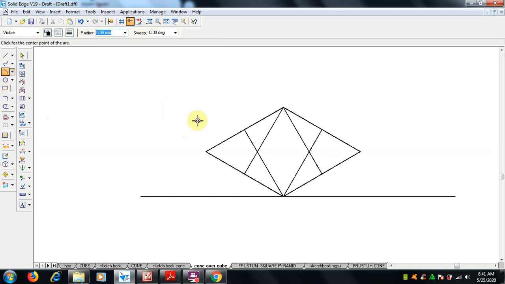Go for an arc with the center point, the intersection point, and take this as the radius. Draw the arc, and complete it here.